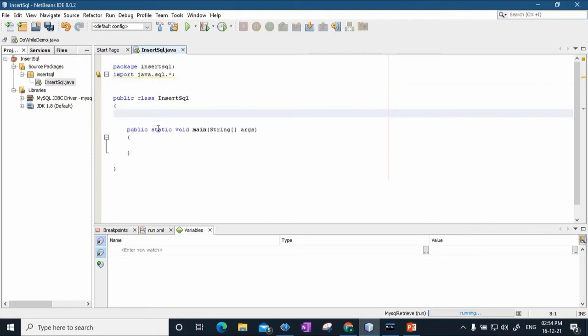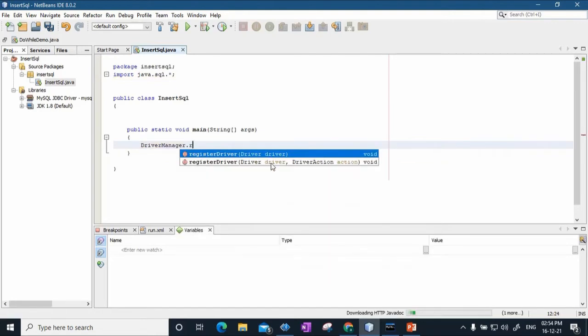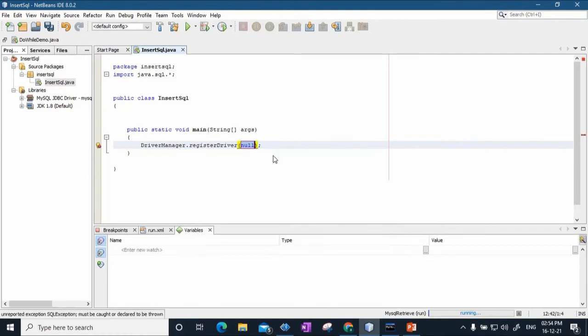Now in the public static void main, I am going to register the driver as we have done in the previous program. To register the driver, I will say DriverManager.registerDriver, and I'll say new.